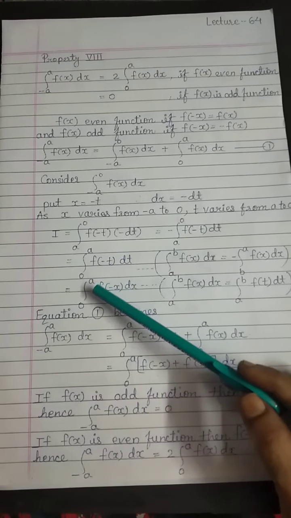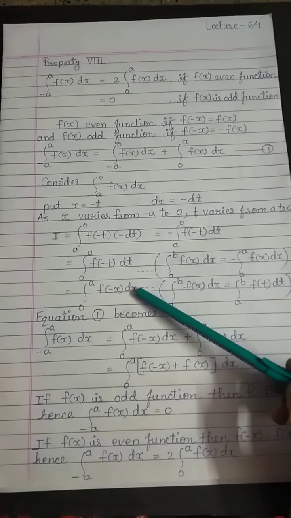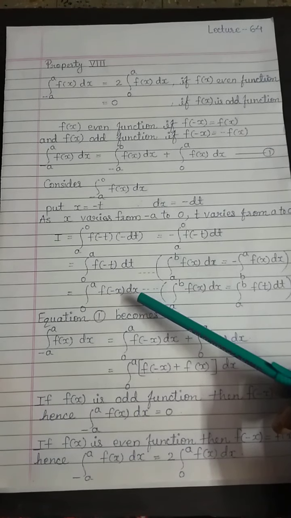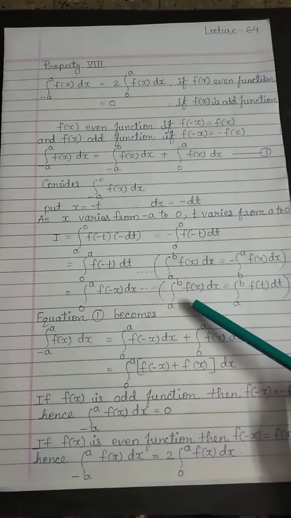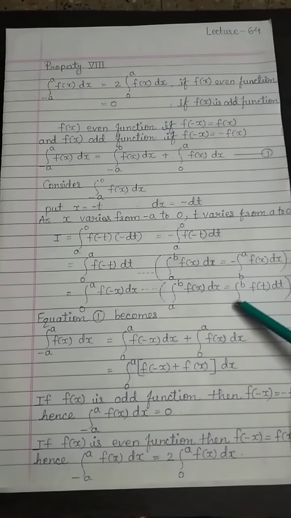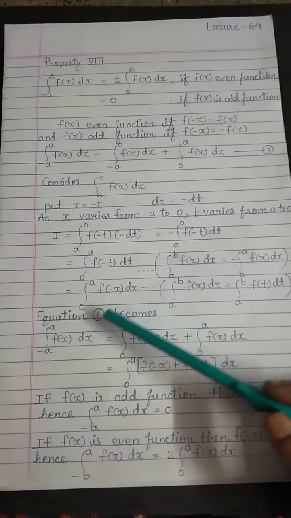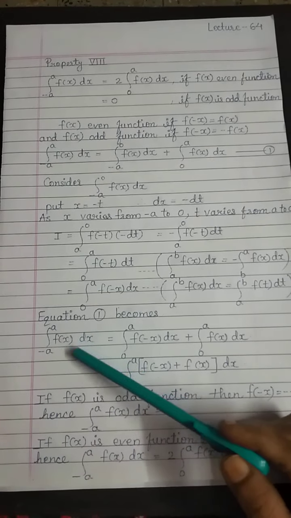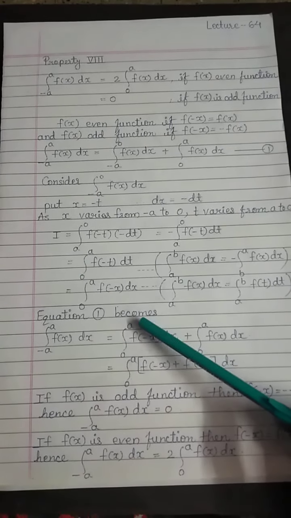Now this we can write as integration from 0 to a of f of minus x dx, because we know that definite integration is independent of variable. That means integration from a to b of f of x dx we can write as integration from a to b of f of t dt. Therefore now our equation 1 becomes integration from minus a to a of f of x dx is equal to